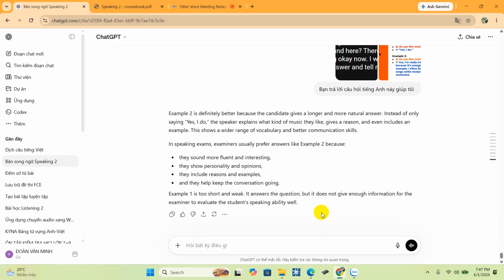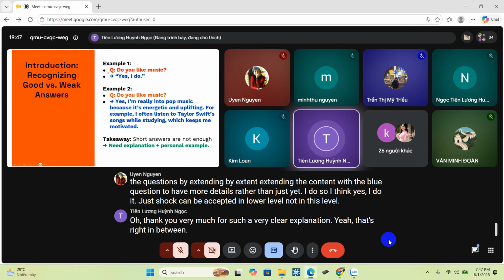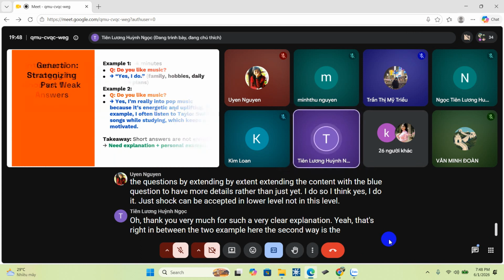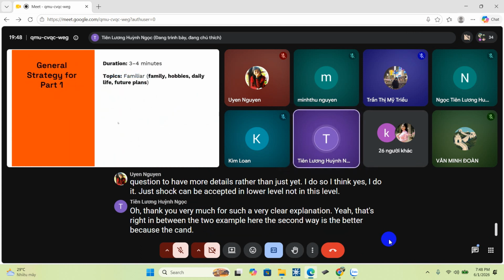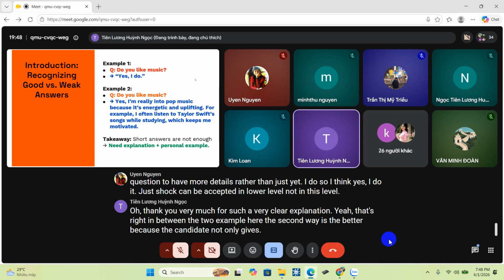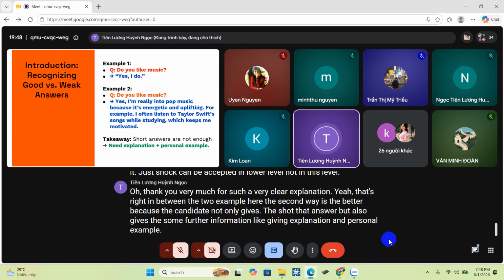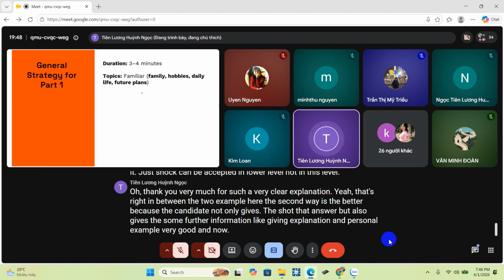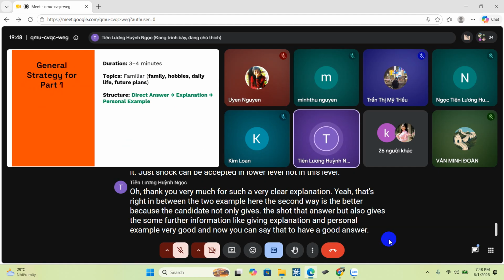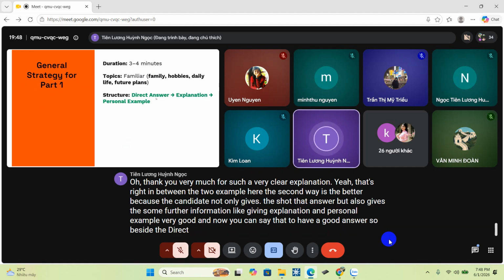Thank you very much for such a very clear explanation. Yes, that's right. Between the two examples here, the second way is better because the candidate not only gives the short direct answer, but also gives further information like an explanation and a personal example. Very good. So to have a good answer, besides the direct answer,